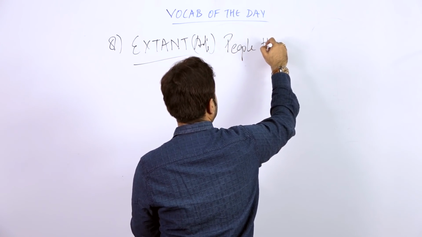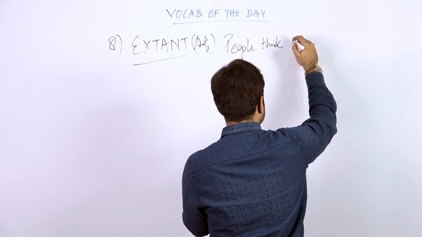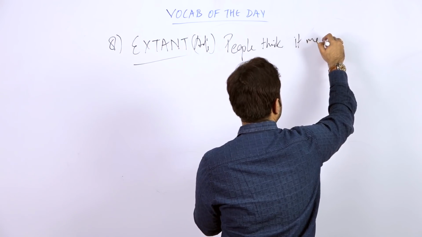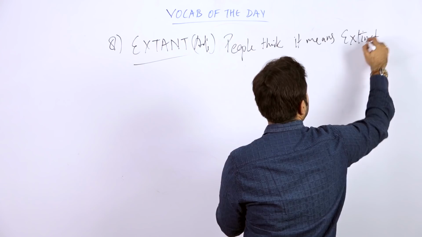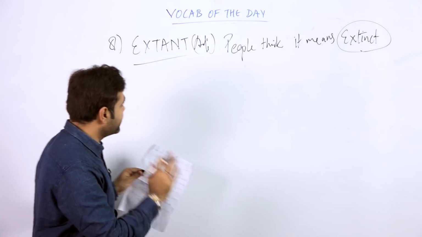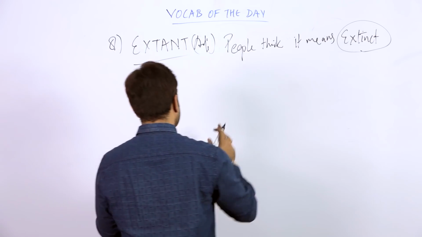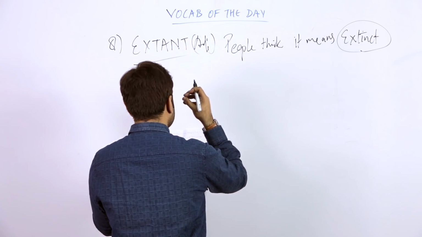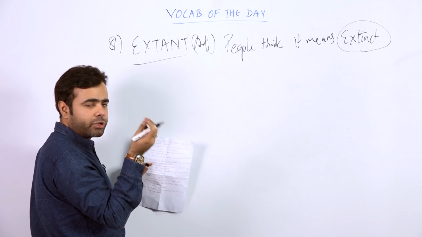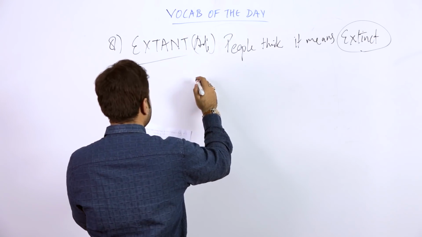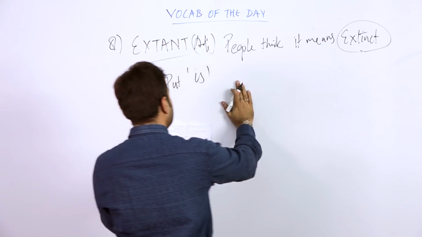People think, I'm telling you this, writing this just to make you understand how it does work. It means extinct. Some people get confused many times that it means extinct. Extant and extinct are completely opposite to each other. Actually, there is a kind of trick. Don't go with the spelling, students. I'm trying to tell you a kind of trick, so just be careful. The trick is, if you put an I, I'm saying you put an I between what?